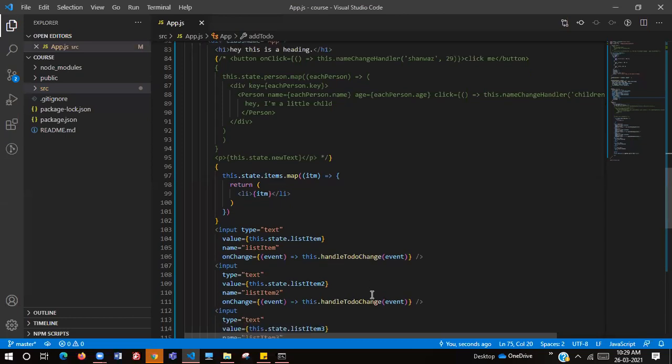Any bug? Let me know. In add to do, also we had to give 3 console logs for different items? No, console log is just for our understanding. You need not.